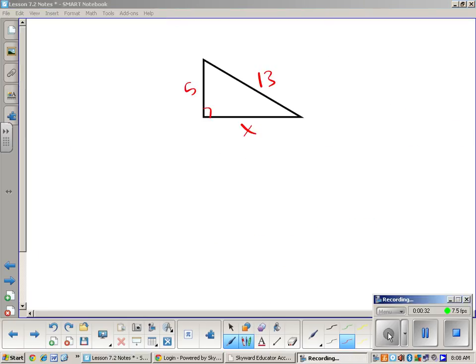So we want to solve for x. First thing we need to do in using the Pythagorean theorem,